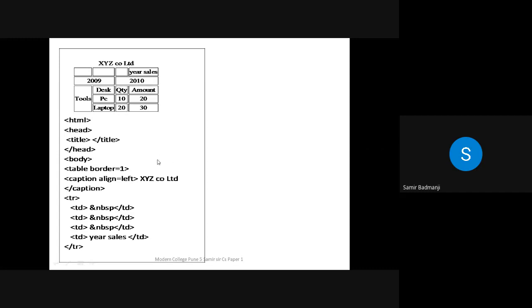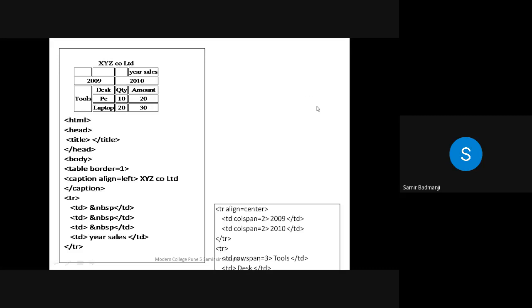Okay. Now see, this is a normal row, so for this, &nbsp; and then the year cells. Now what is the next row? 2009 and 2010. In front of it, there are 2 columns, and below also 2 columns. Similarly for 10, above there are 2 columns and below there are 2 columns. So for writing this row, you have to write TR, TD colspan equal to 2 2009, then TD colspan equal to 2 2010. See here.